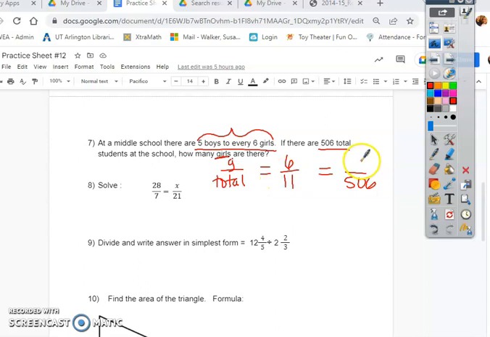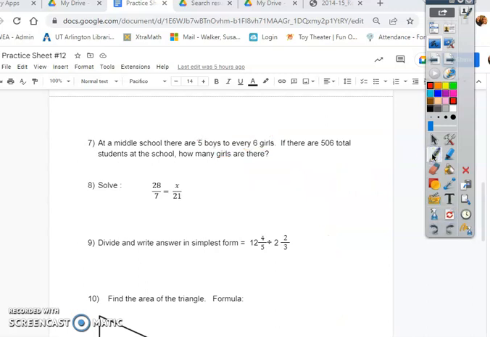Okay? Then, when I put X, that's going to tell me, I could put G if I wanted. You're going to cross multiply that. And I think I did it right. Pretty sure I did it right. You should get a whole number answer. I don't think there's a decimal. Okay. Now for this one,